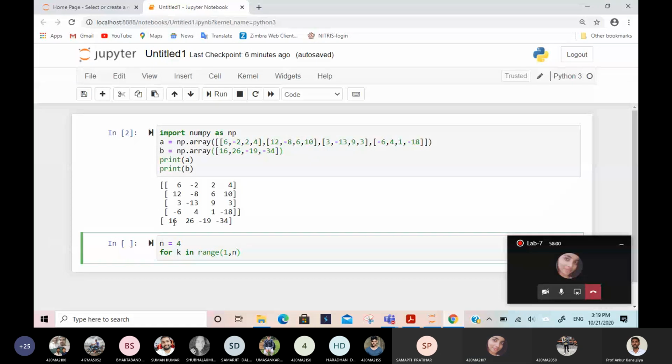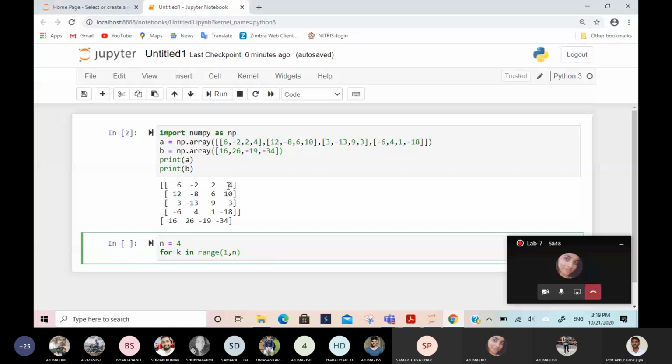N equal to 4 means this is 4 cross 4, so this is 0th, first, second, third column. So it will go from 0 to n minus 1.